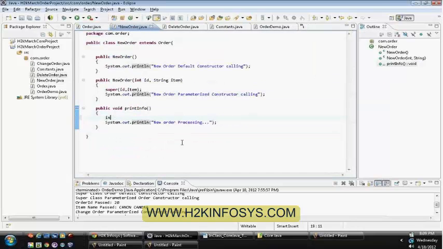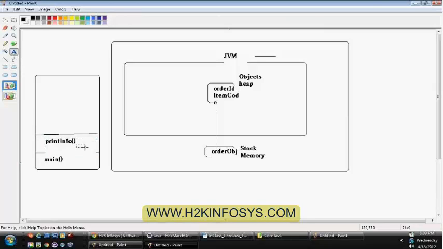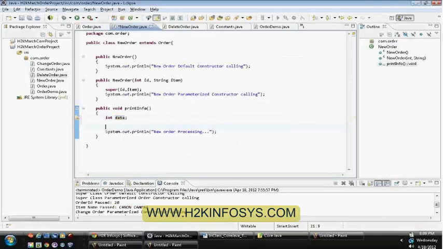Let us say you declare some local variables in the print info method. This local variable will reside at the same level, so the variable will get created at this level. But if you refer to any object, let us say you are referring to a change order object, just for understanding, I'm creating it.